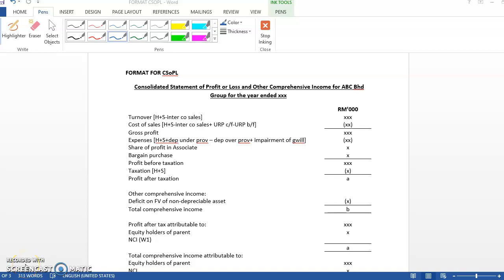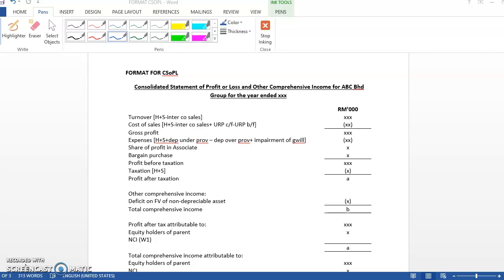Okay, so today we're going to look at the associate in the SoP. Previously we have looked into the adjustment of associate in the SoP. So now we're going to look at the adjustment of associate in the SoP. Okay, basically like